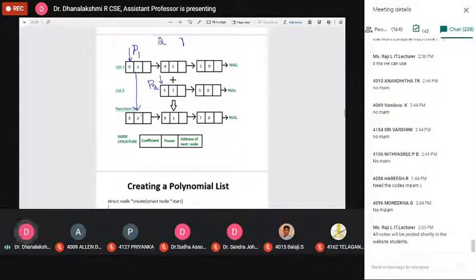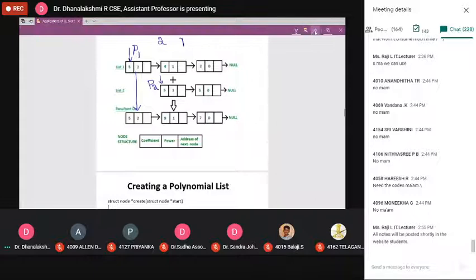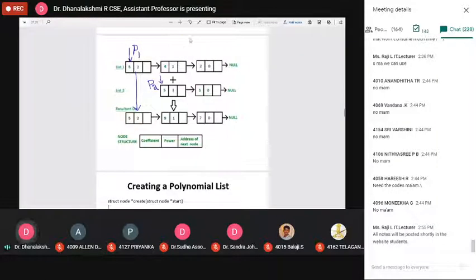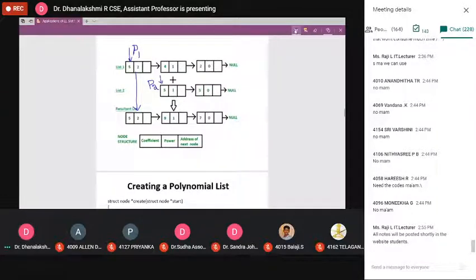Once I am transferring the data to the resultant node, immediately I move the pointer P1 alone to the next position. Now my pointer P1 points to the next node position. Got it?